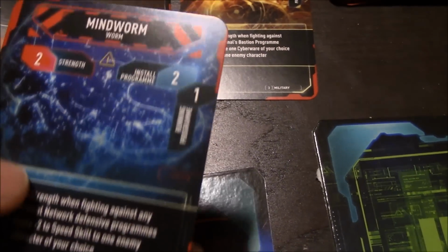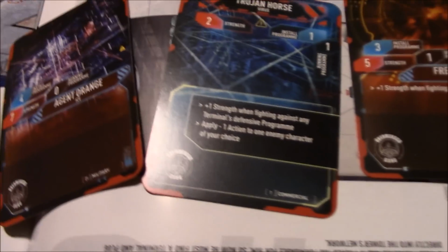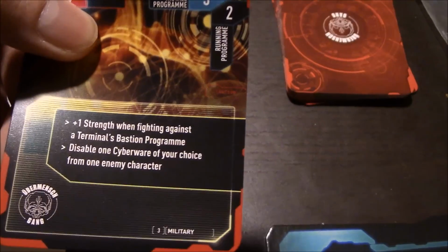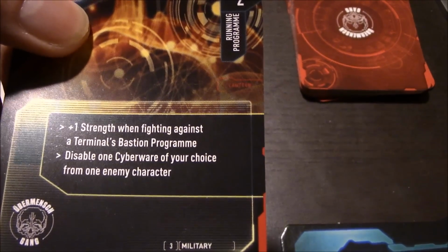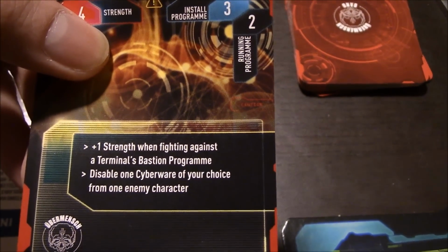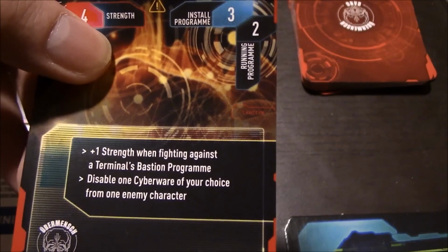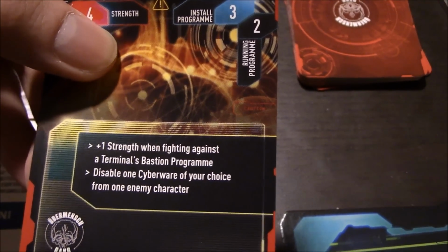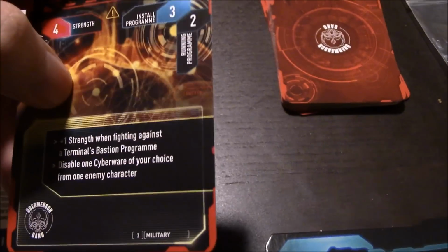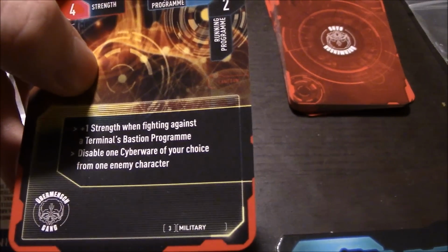This worm has some special characteristics that I kind of glossed over here. You can see you have +1 strength this, +/-1 strength that. Let me tilt this so you can actually read the card outside the glare. This one is +1 strength when fighting a terminal's Bastion program. Bastion program is another type of ICE. And then disable 1 cyberware of your choice from one enemy character. So yeah, a lot of these viruses have different effects, whether you're targeting an enemy hacker versus an enemy